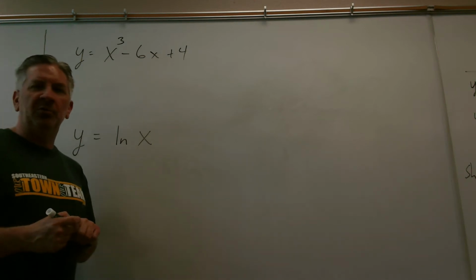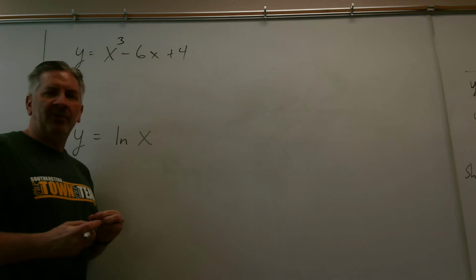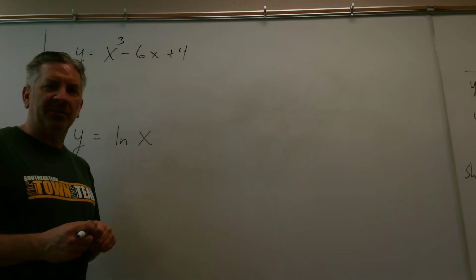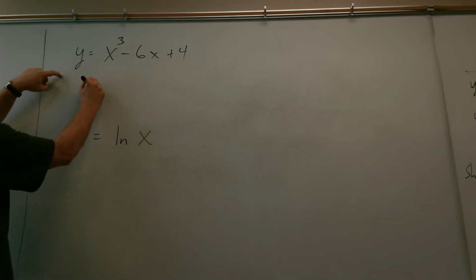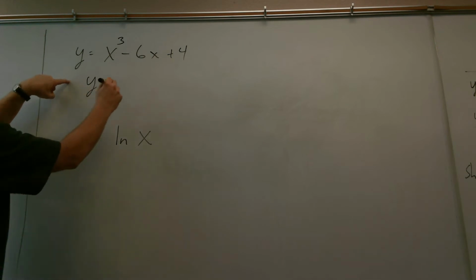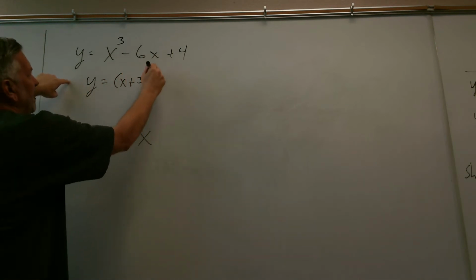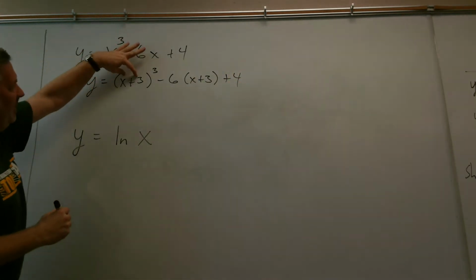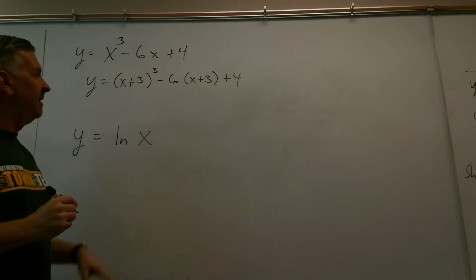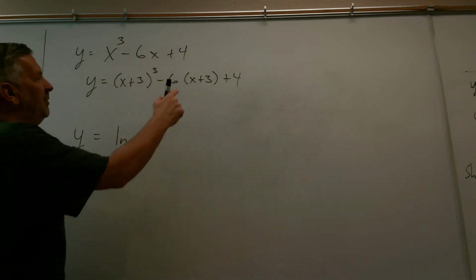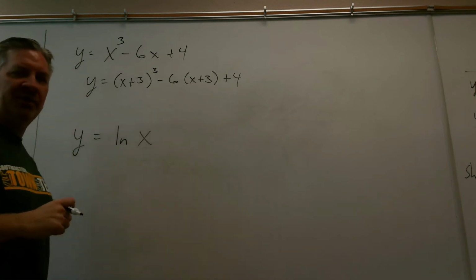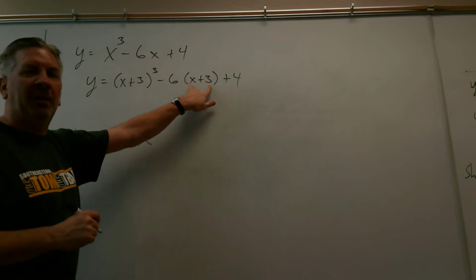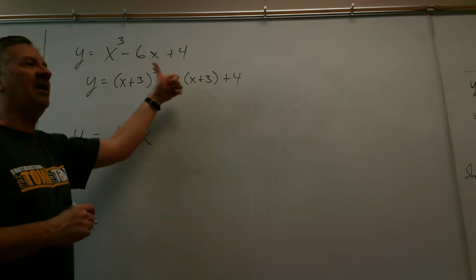But remember, if you wanted to move a graph to the left or the right, everywhere there was an x, you replaced it with x plus a number or x minus a number. For example, in this function I've created here, everywhere there's an x, if I replace x with x plus 3, so I've replaced that x with x plus 3 and that x with x plus 3. Now these are not the same function, it's a different function, but the graph of this second one will be a shift to the left of 3 units compared to this one. So if we replace x with x plus 3, that will shift this graph to the left 3 units compared